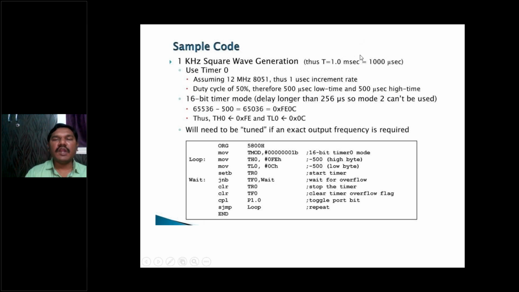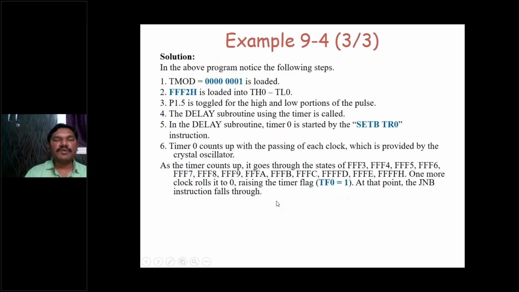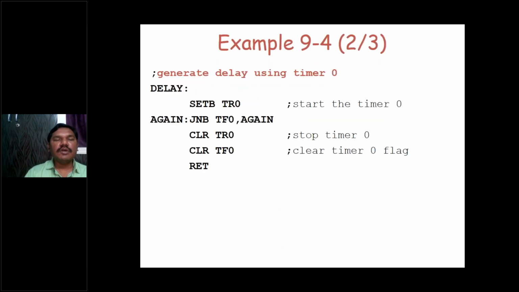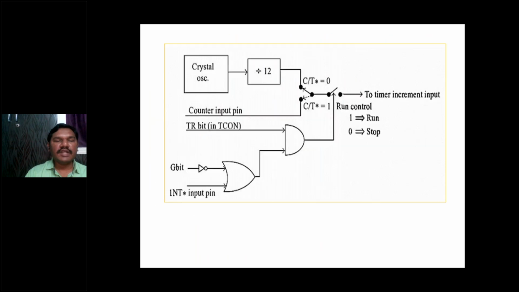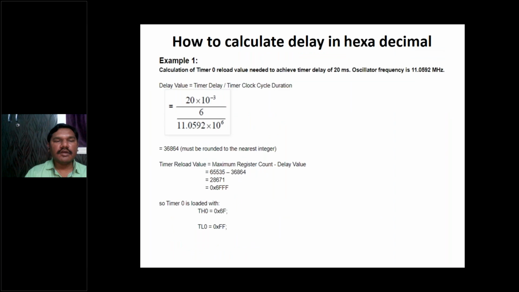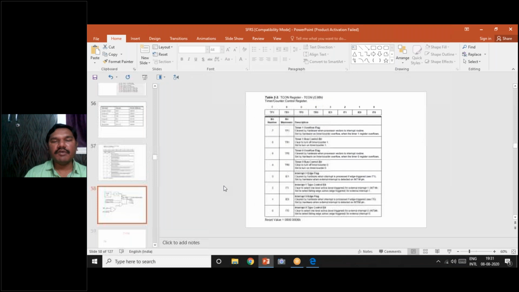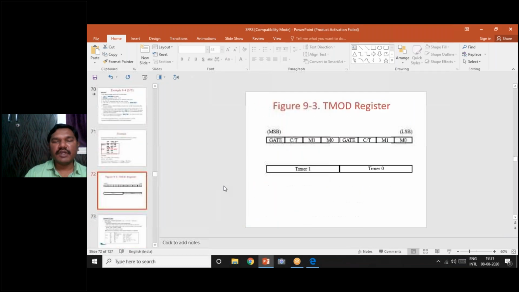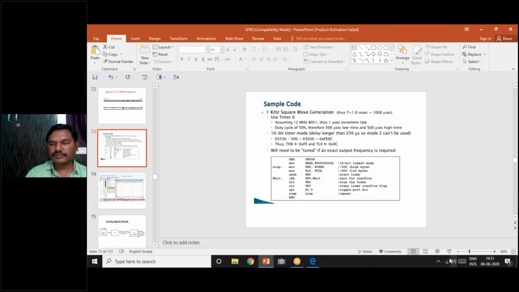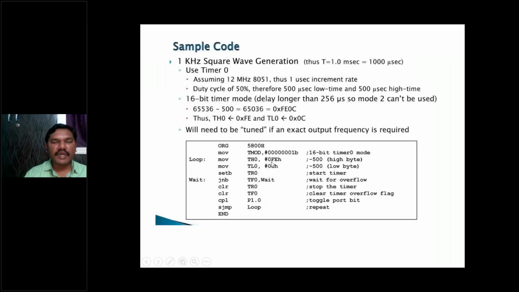This 1 millisecond is analog. So how can you convert an analog signal to digital? There is a procedure. Using this procedure, we can convert analog to digital. So the 20 millisecond is the analog signal, and this is the 20 millisecond equivalent hexadecimal value. So that's why here we need to generate and take that square wave also. That's why we are taking TH0 and TL0 with the help of hexadecimal values.